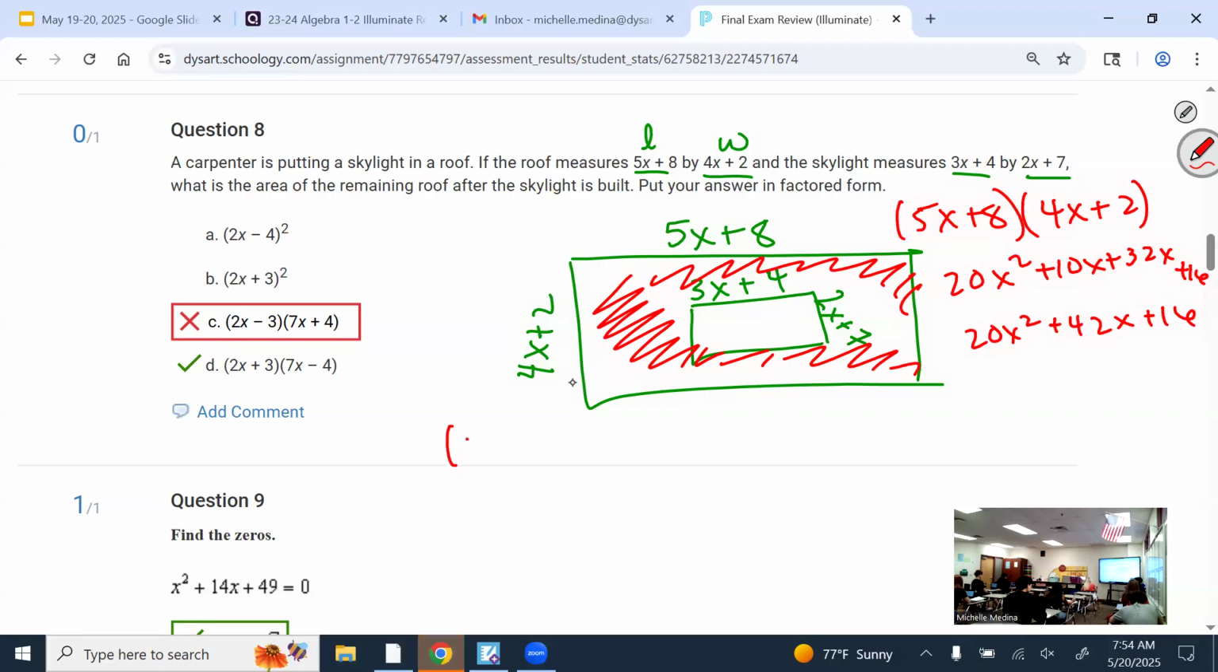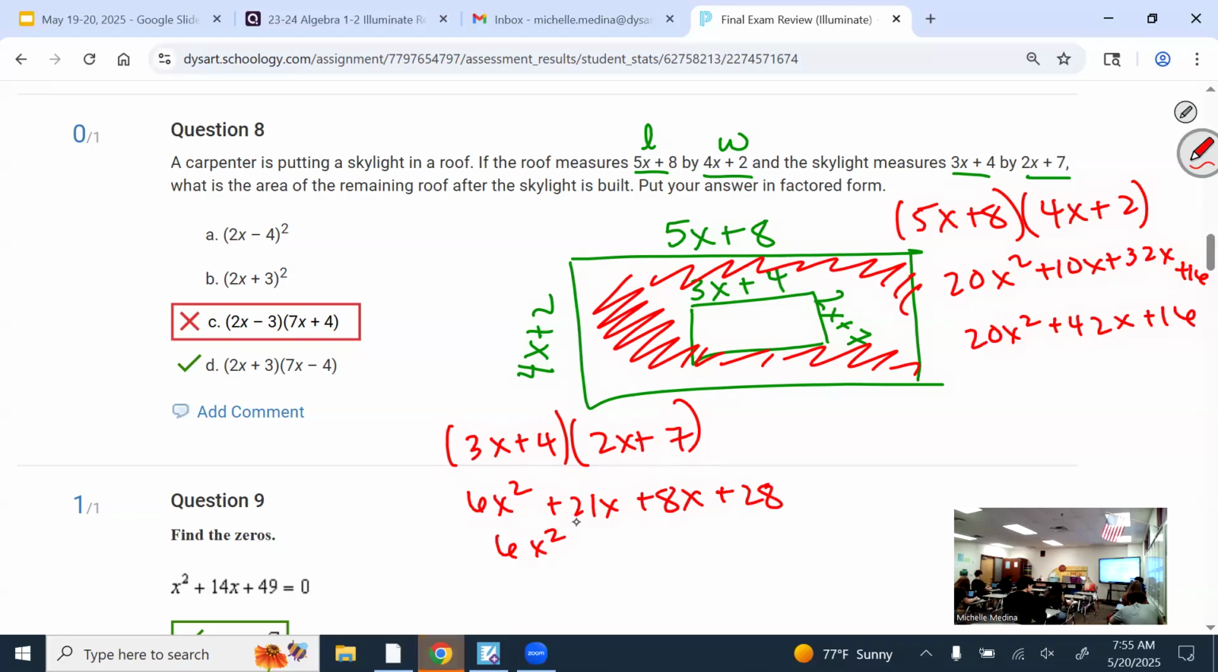So 3x plus 4 times 2x plus 7 is how you get the area of the smaller rectangle. 3x times 2x is, outer terms, 3x times 7 is, inner terms, 4 times 2x is, and my last terms, 4 times 7 is, and again, combine like terms, I get